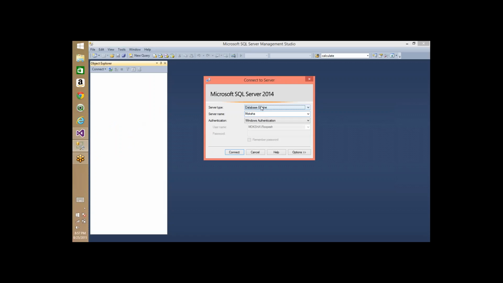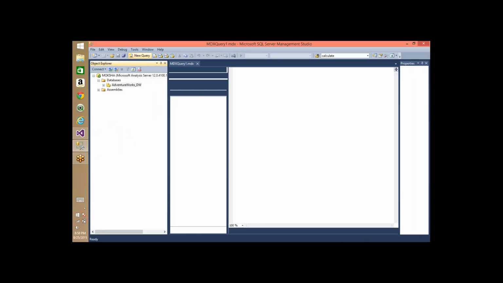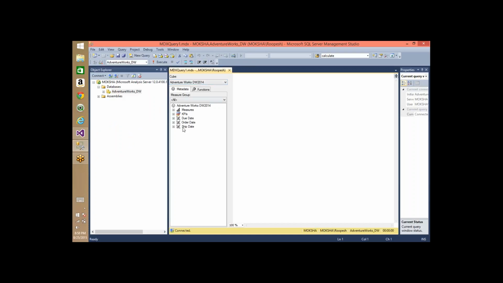Okay, let me go to Analysis Server and connect, and the database name is AdventureWorks DW, and let me click on New Query. So when I click on New Query, it will load the structure of your cube. You can see this is the structure of my cube at this point of time. Let me drag and drop here. I'm going to write one simple MDX query. As you are not familiar with this, don't try to concentrate or understand here. From